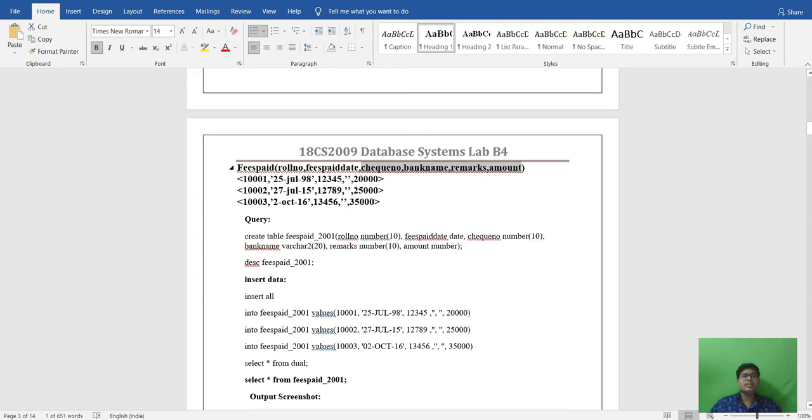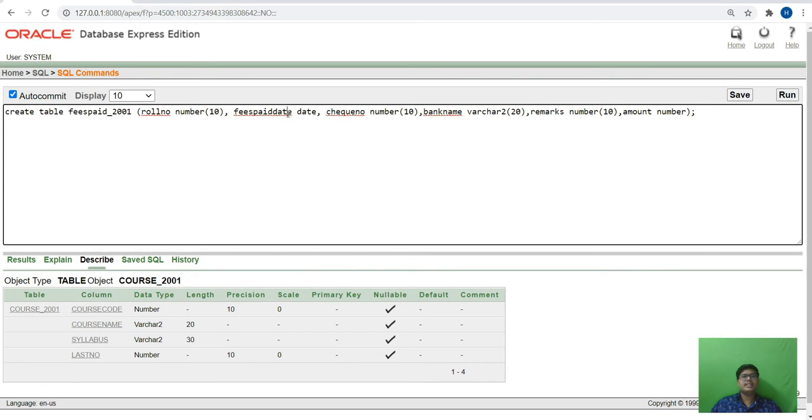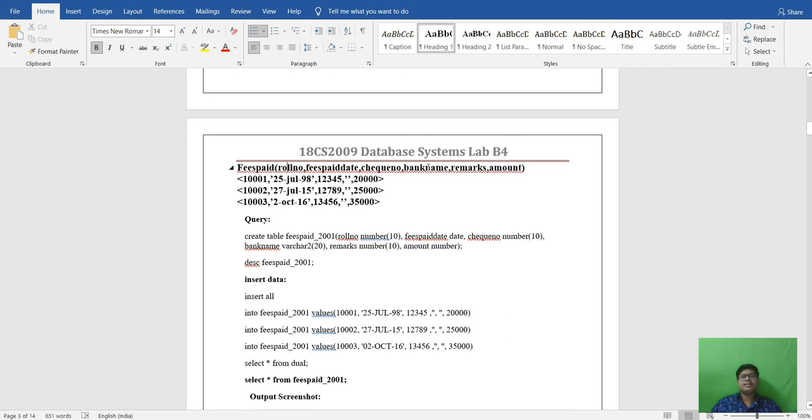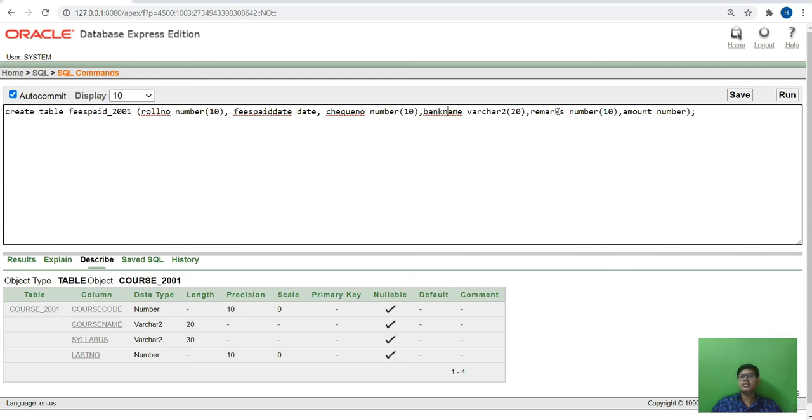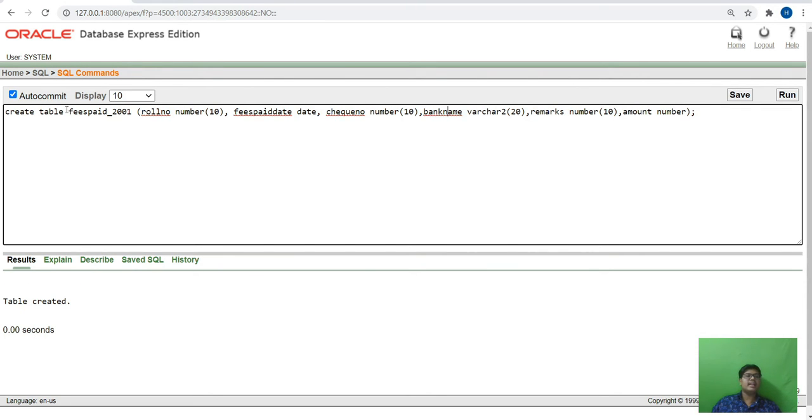So let's check: roll number is there, fees paid date, check number, bank name, remarks, and amount. Okay, so the table is created now. Let's describe the table.